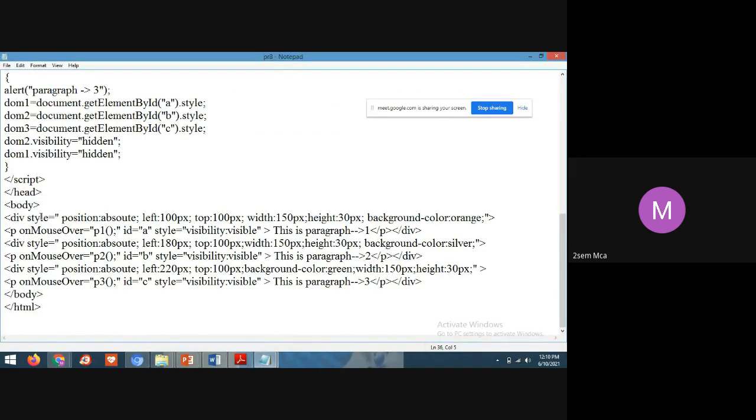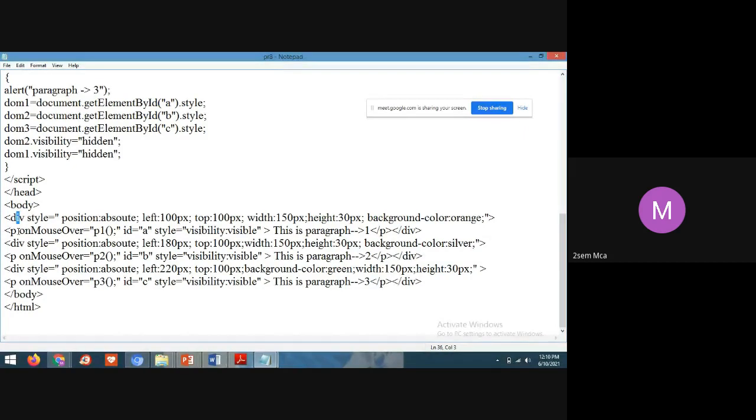See here, I have taken a div tag with style position absolute, left 100 pixel, top 100 pixel, width 150 pixel, height 30 pixel. That's why the paragraphs are smaller, because I have given the height only 30 pixel. The background color is orange. This is for the first paragraph.